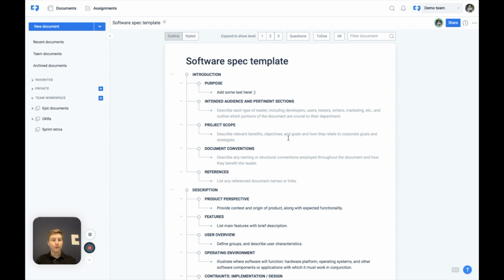But I think it's worth it, because once you've done it, you can reuse this template in Delibr, and you will be able to work much more, much smarter